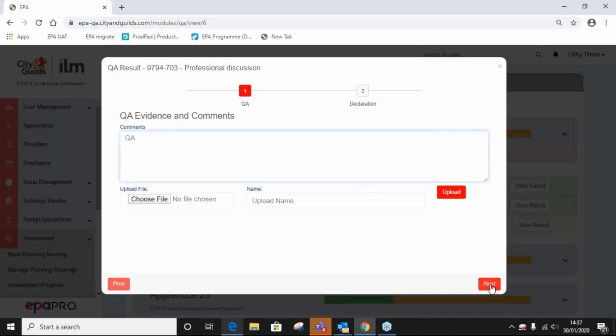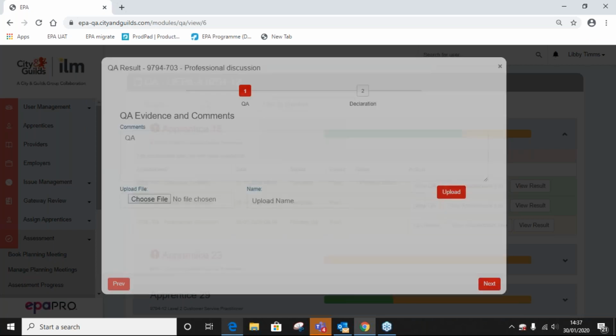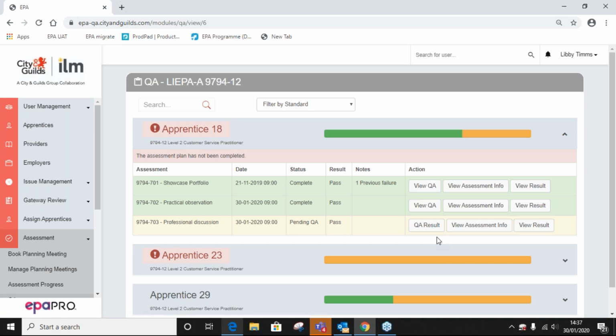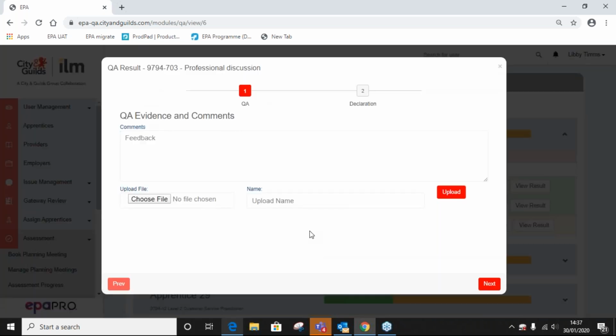At this point, can we just pause there? So when Louise mentions that there is, sorry, Libby, can we go back? So when it comes time to QA the results, there is a QA evidence and comments here. And what we ask you to do in order to finalise is to put QA in here. Louise asked whether we could use that box as a way of an audit trail for comments. We can use it in that QA email sent, or just to give a detail of what instructions were sent. But these evidence and comments don't go to the IEPA until the result has been finalised.